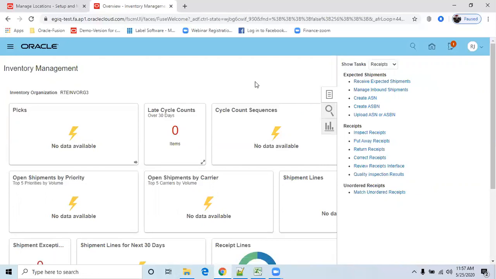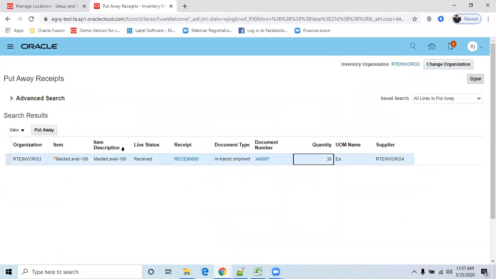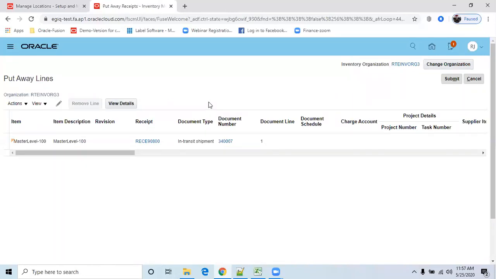Click on put away receipts, select your receipt number and click on search. Now if you do the put away, the system will push the material to the specific sub inventory of the destination organization.